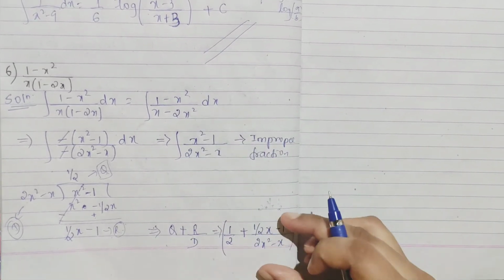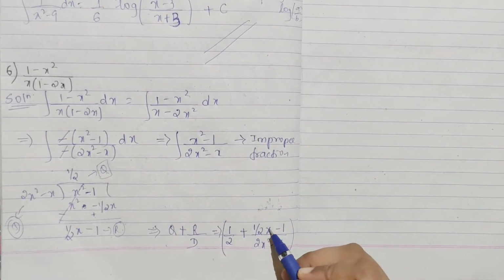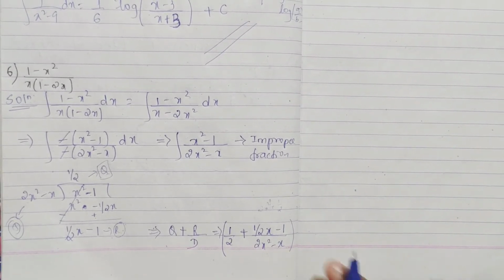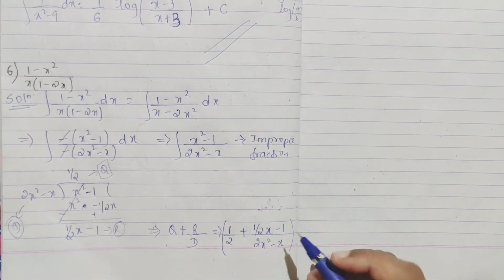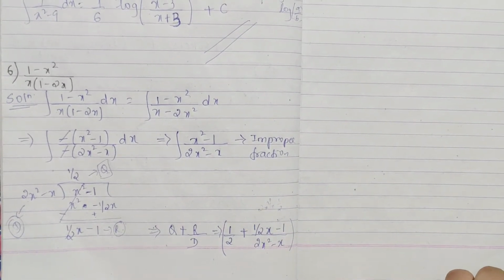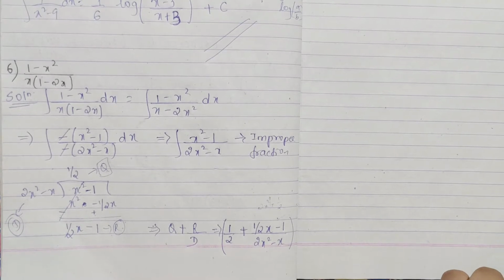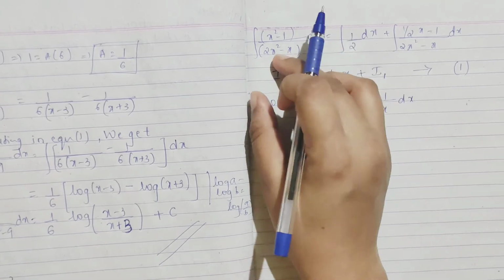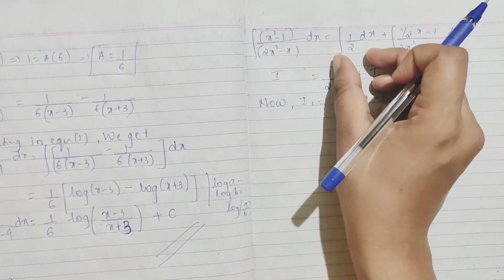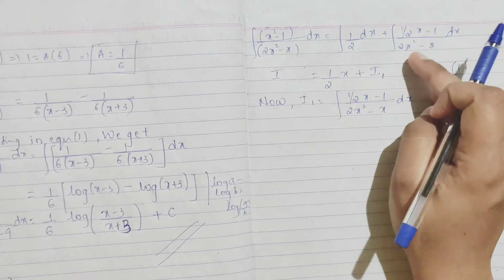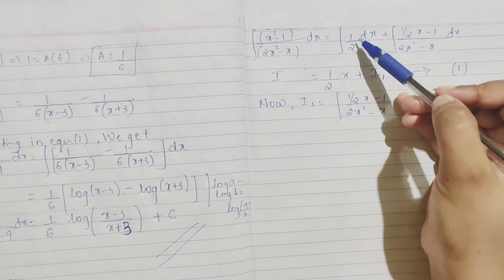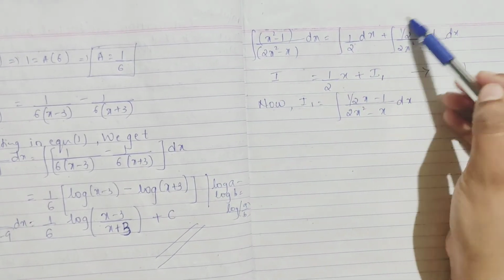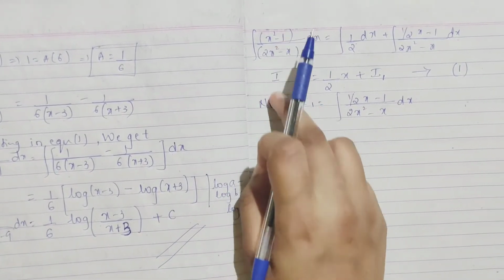So this whole term you are getting like this, because now you can see a proper fraction here: x power is 1 and here it is 2, and the constant is not a big deal because you have to integrate for this part itself. I am sure it is clear for you, right? So you have got (x square minus 1) by (2x square minus x) dx as half dx plus (half x minus 1) divided by (2x square minus x) dx, separated. Now here direct integration is there because half you keep outside, so 1 with respect to dx will be x, plus this you take as I1.